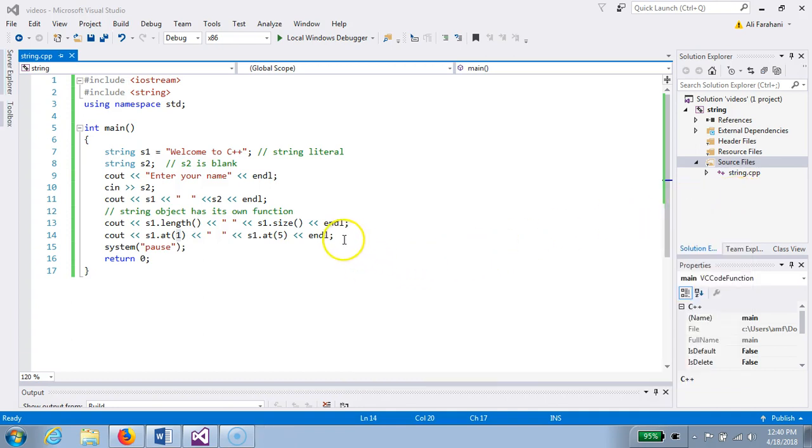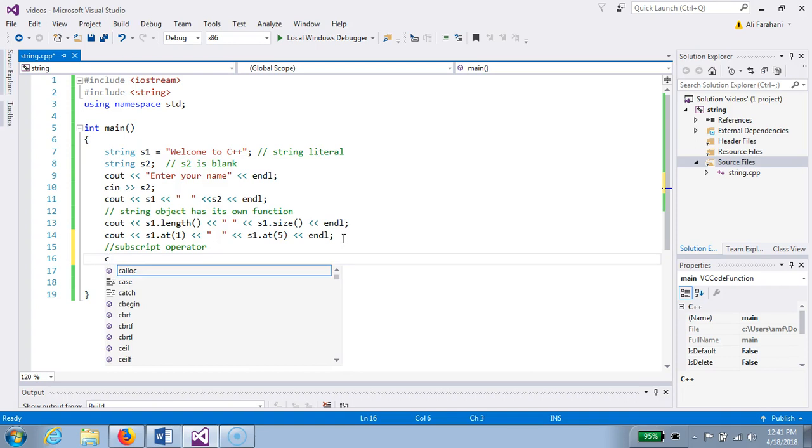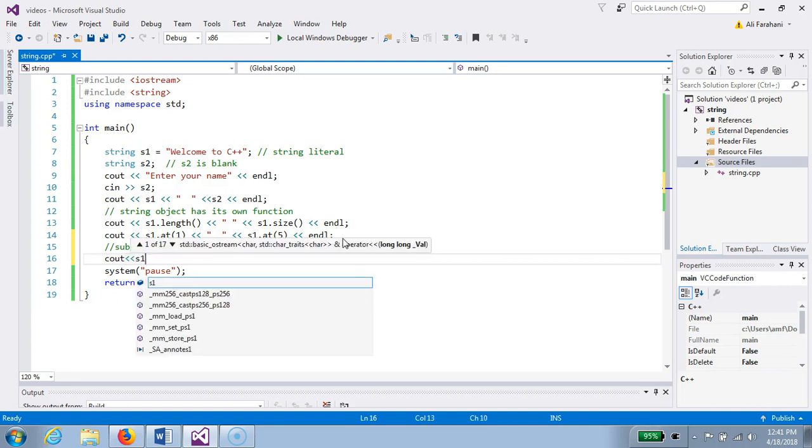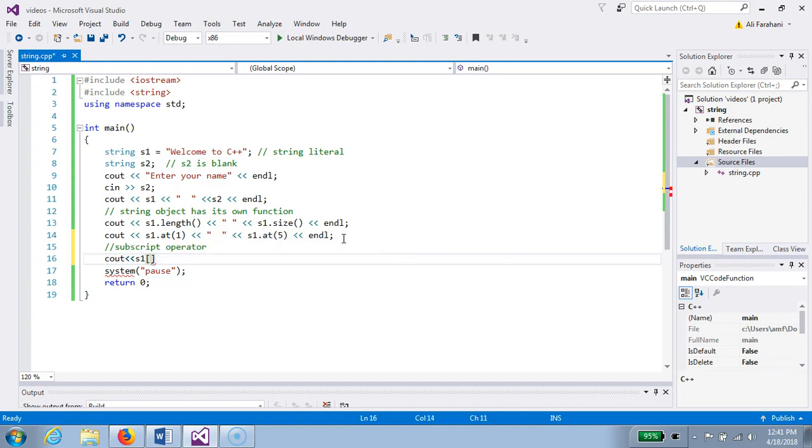Now, C++ has subscript. In C++, the string has the subscript operator. And that subscript operator is a very convenient operator. It does the job of the at function that you just looked at. So let me show you that. Cout, I can once again take the string S1, and here is the subscript operator, brackets, and in there I